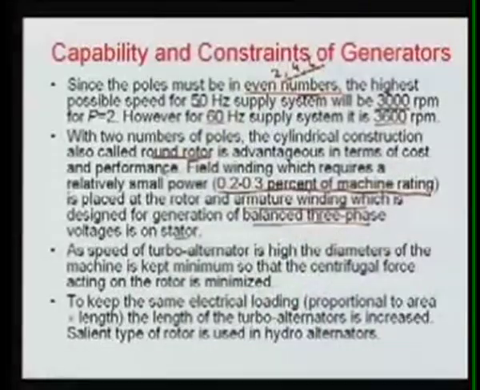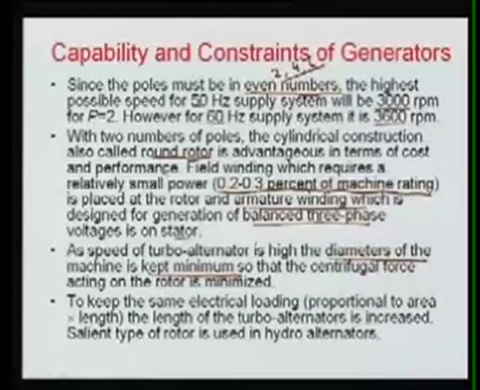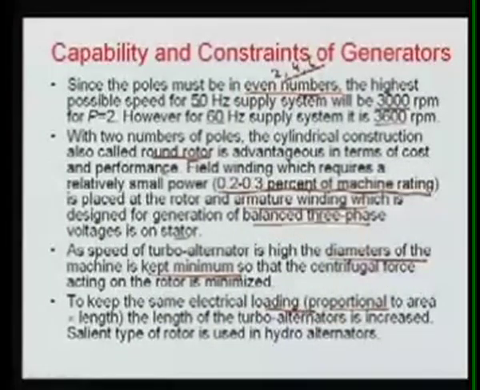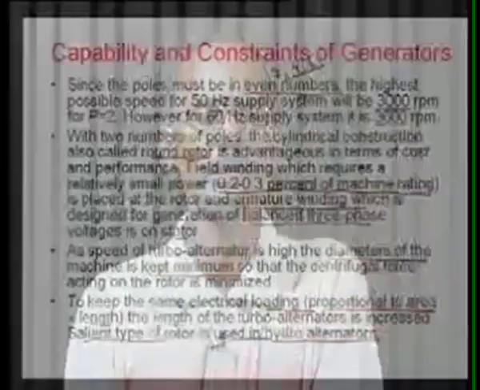As the speed of a turbo alternator is high, the diameter of the machine is kept minimum. As I said, why? Because we want the minimum centrifugal force to be applied, and therefore we can have stable machine operation. To keep the same electrical loading, which is proportional to area multiplied by length, the length of the turbo alternator is increased. Whereas the salient type of rotor, which is used in hydro, has minimum length but more diameter. So you will find that in thermal power stations, the length of the machine is very large but the diameter is less. However, it is the reverse